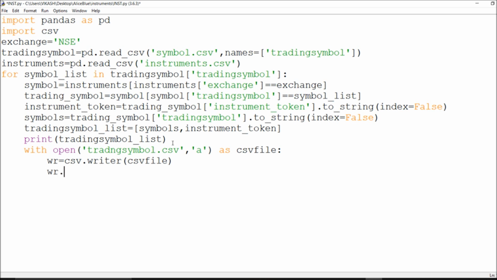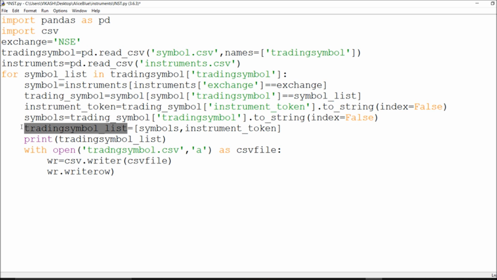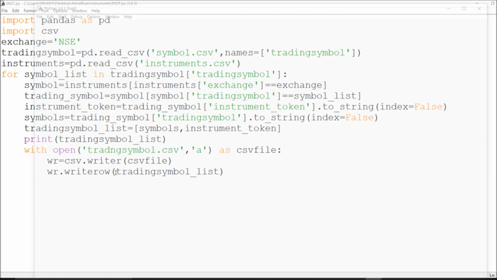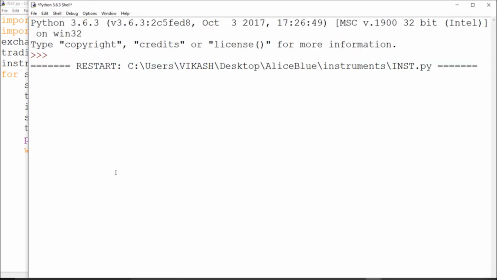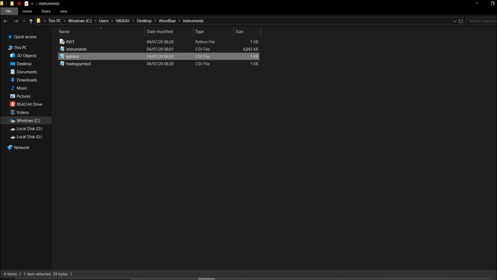So I will say wr.writerow, and whatever we got in our trading symbol list, we'll give it here itself. So that's it, finish. I'll show you how I'm saving it in my trading symbol.csv. This is the way you can go.